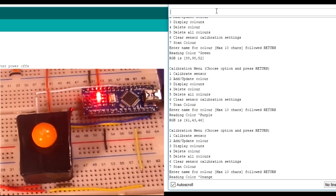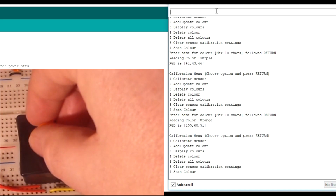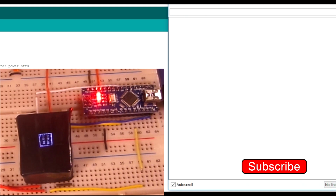Be interested to see if other countries do vary on their colours. I have no idea. So orange is now read in. So we'll reboot this device. In fact, I'll clear the serial output. So we're going to clear output, I'll reboot, and we'll see what it does now after calibration, and we've scanned